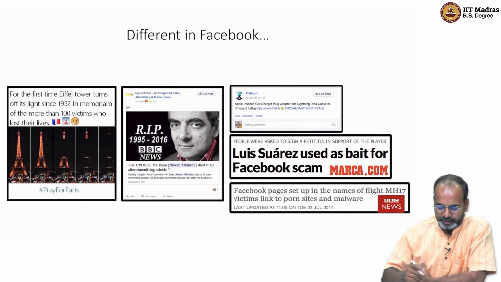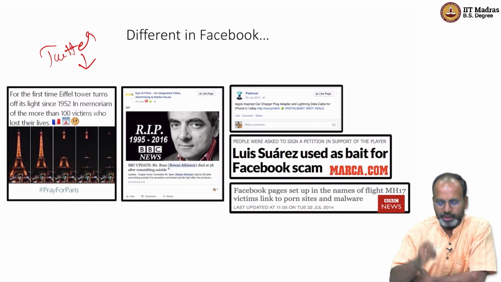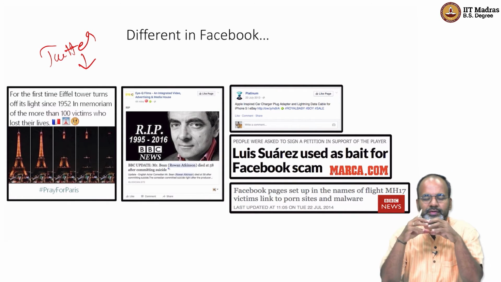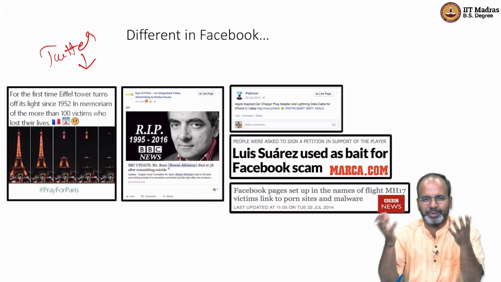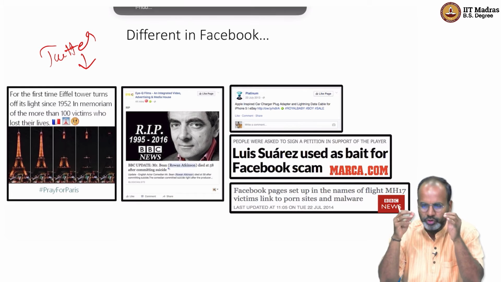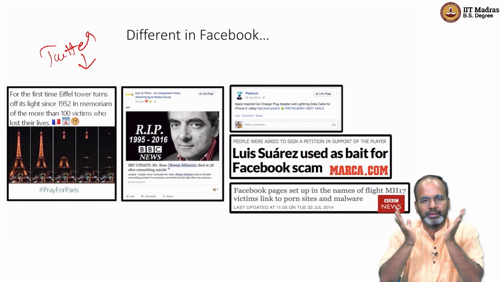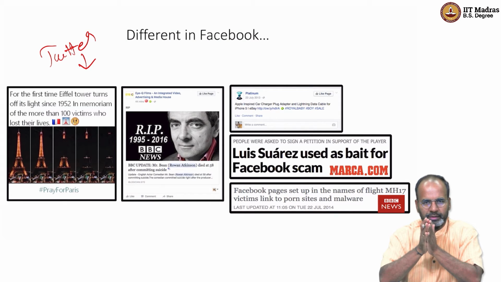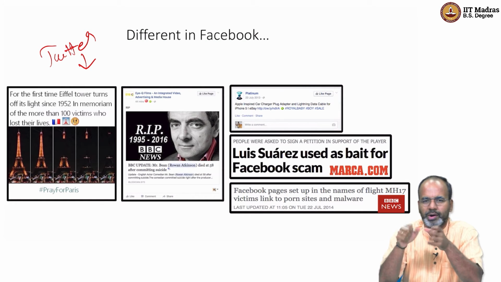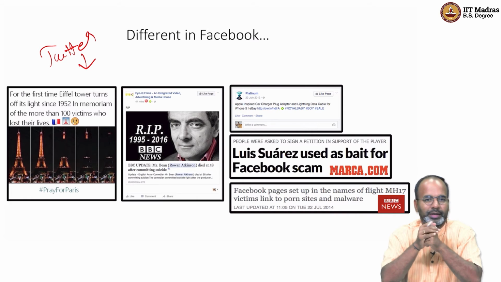So now that we have seen it for Twitter, we have seen TweetCred, and now Twitter has certain features. Twitter has the set of network that we can get, the features that are there, URL, everything. Now, if you just take the features from Twitter, create the model, and then go apply it on Facebook, how well will it work? You can pause the video and think about it for a second.